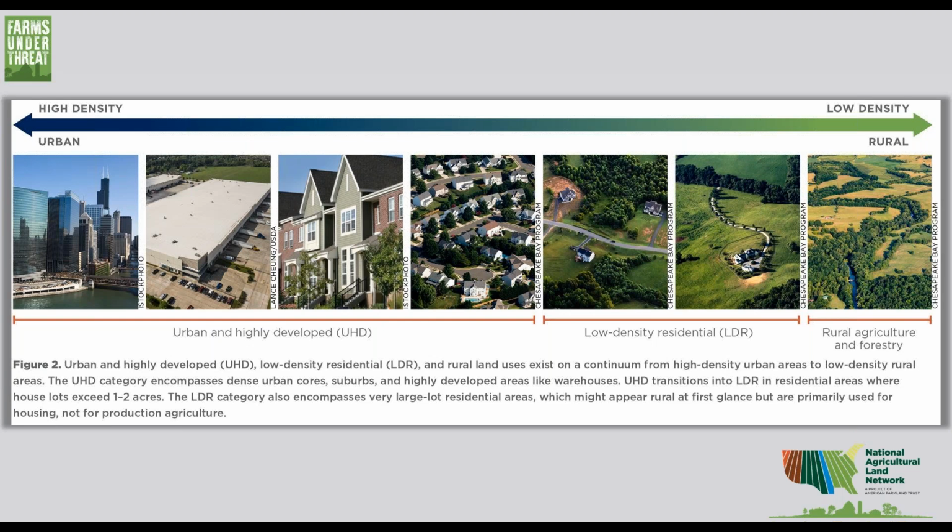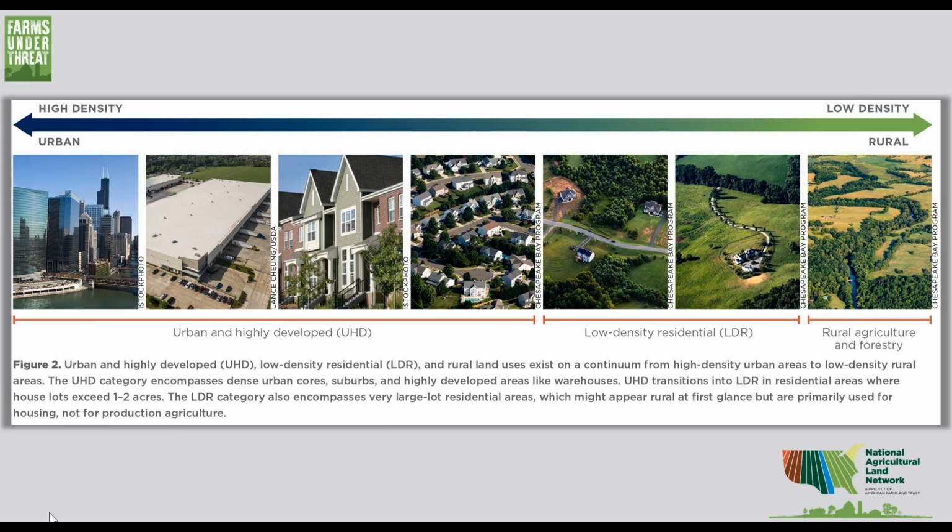Low density residential development, which you see there examples of on the right-hand side, has become a more pervasive culprit in farmland conversion. AFT worked with Conservation Science Partners to pioneer an approach to map and quantify the impacts of this type of development on the agricultural land base. These areas range from, as you can see, these sort of lower density subdivisions to larger farmettes and ranchettes. This kind of scattered large lot housing fragments the agricultural land base and makes production much harder for the farms